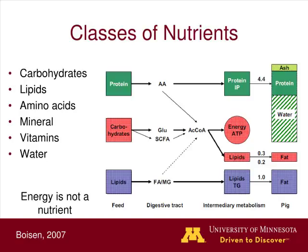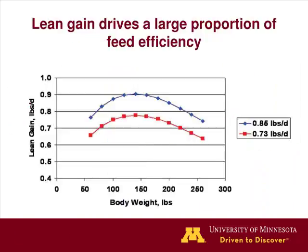So, for one, lean growth rate dictates a vast majority of the feed efficiency of the animal. The second item would be basal metabolic rate, and we'll get to that in a few minutes. But think about all the differences that we know about feed efficiency, of sex, gender, age. Almost all are driven by this concept of the animal putting on more lean growth rate, or more lean muscle. Therefore, lean growth rate dictates a lot of the feed efficiency on the biological side